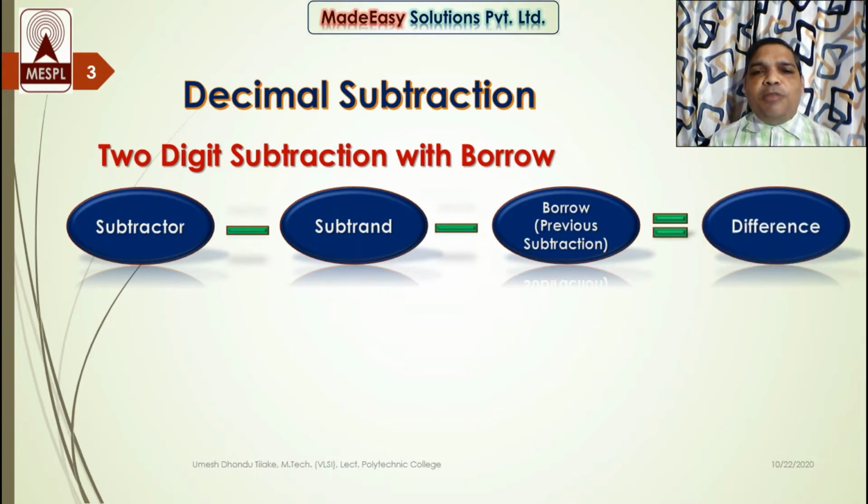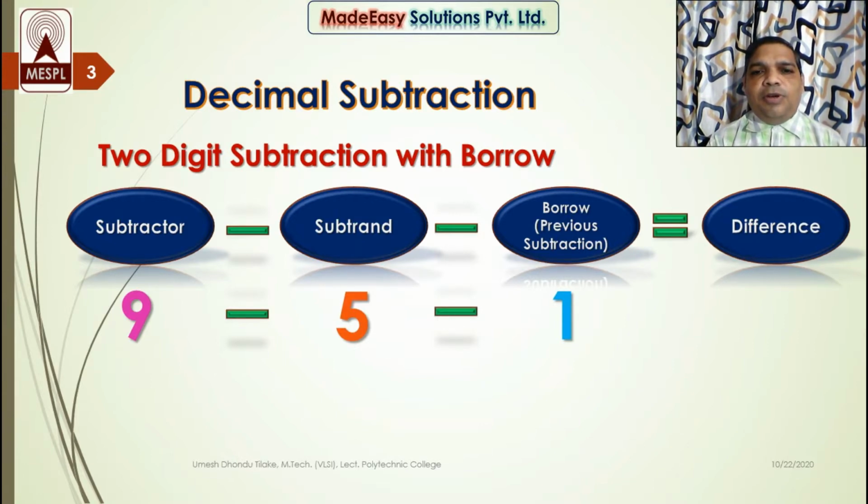So now how many possibilities do we have here? Subtractor can be from 0 to 9, subtrahend can be from 0 to 9, and borrow given to previous subtraction will also be from 0 to 9. So total 10 power 3 is equal to 1000 possibilities here. So we will consider only some possibilities. Let us consider my first possibility. I have subtractor 9 and subtrahend 5. Here the subtractor is larger than the subtrahend. So I can take out 5 from 9. That means I can subtract 5 from 9 along with borrow 1. So what will it give me? 9 minus 5 is equal to 4 and 4 minus 1 is equal to 3. So I must get 3 over here.